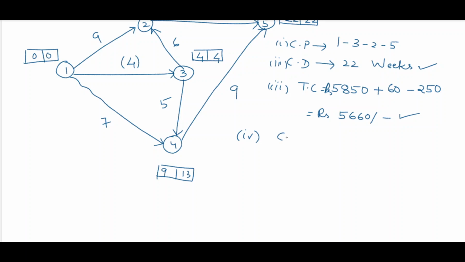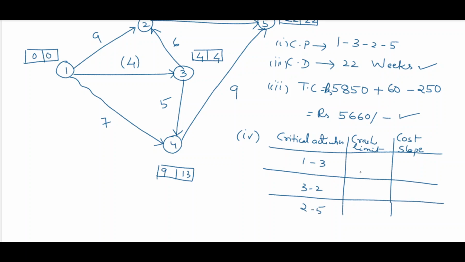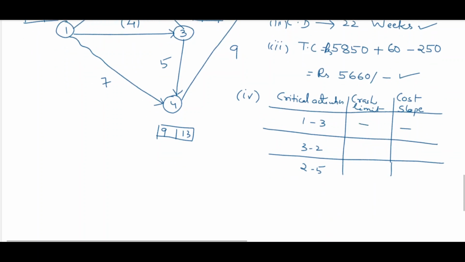So critical activities, this is the crash limit, and here cost slope. The critical activities are 1 3, 3 2, and 2 5. For 1 3, the crash limit was 1 and 60, that we have already used, so here it will be blank. Here it will be blank. For 3 2 it is 215 if you see the table, and for 2 5 it is 165. So least cost slope is 165,